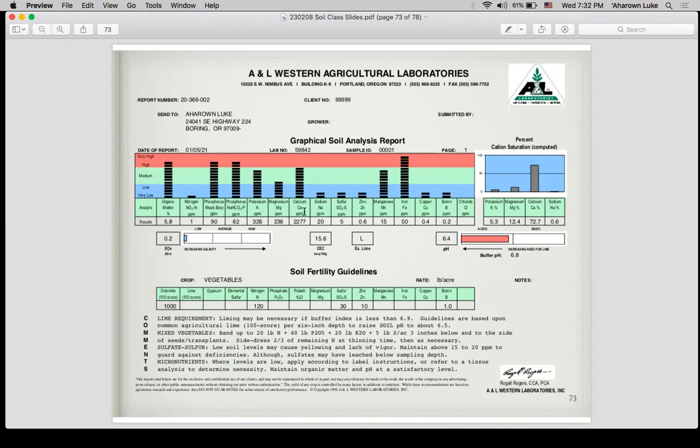You've got your exchangeable cations, and then you've got these trace elements, these micronutrients. And then you have your CEC clearly stated. And then they actually do give you a soil fertility recommendation, but this is going to be something more like trying to get the most out of your garden for the least amount of money. They're not going to take a nutrient dense approach. It's not going to be flavor focused. It's going to be get something to grow focused. That's usually what you get from a large ag lab,